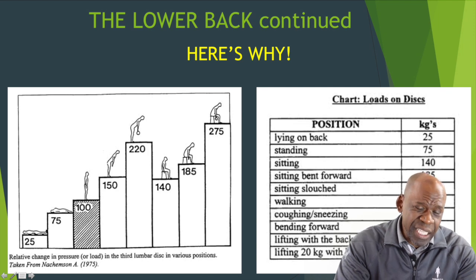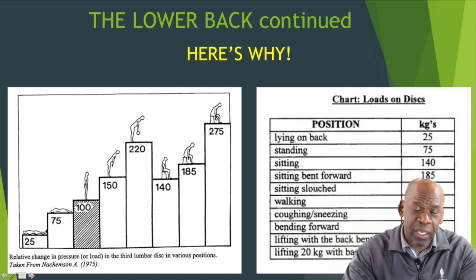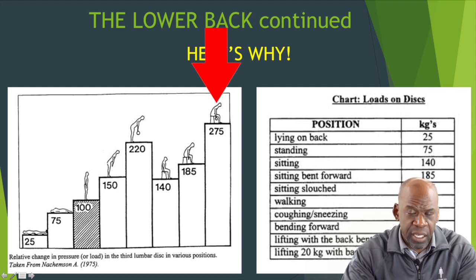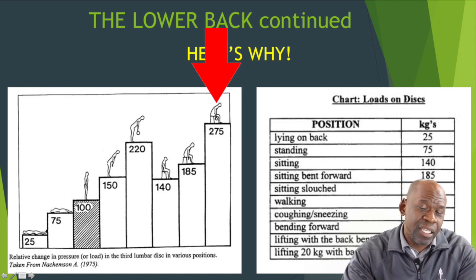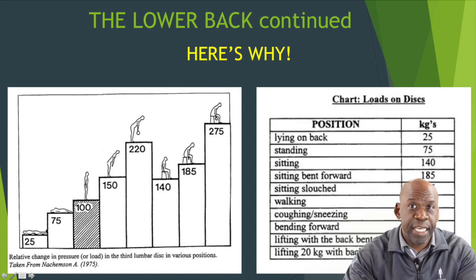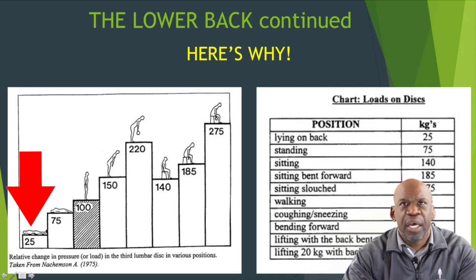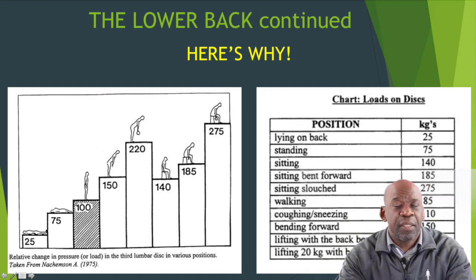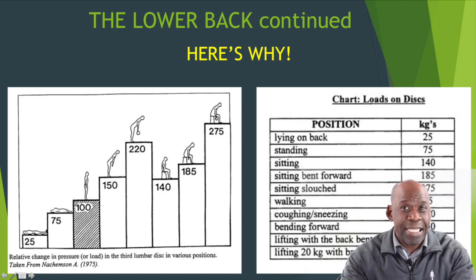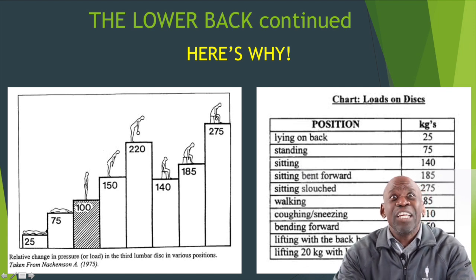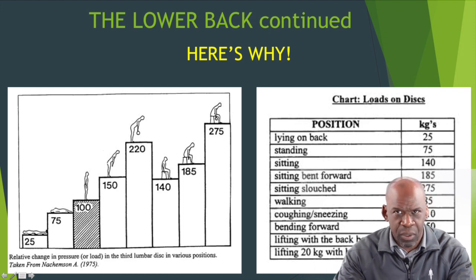And finally, if they're slumped forward and picking something up off the ground, we can see that yet again the amount of force seen at the third lumbar vertebrae increases substantially. But more importantly, it is increased almost 12 times what it is when the person is laying supine, and it is raised almost 3 times what it is when they are just standing in an upright position. People think that they're actually relaxing at the end of the day and taking a load off their feet. They're not really taking that much of a load off their spine, and in fact, they're increasing the load on their spine, making their back work harder.